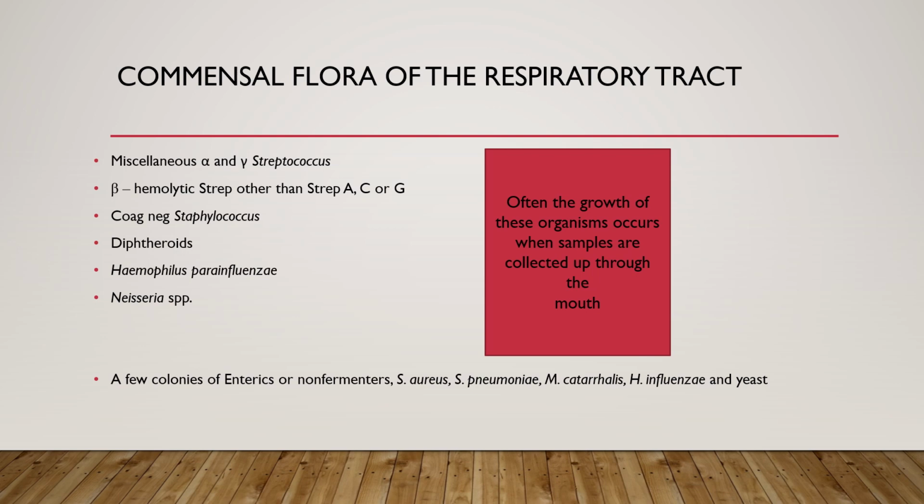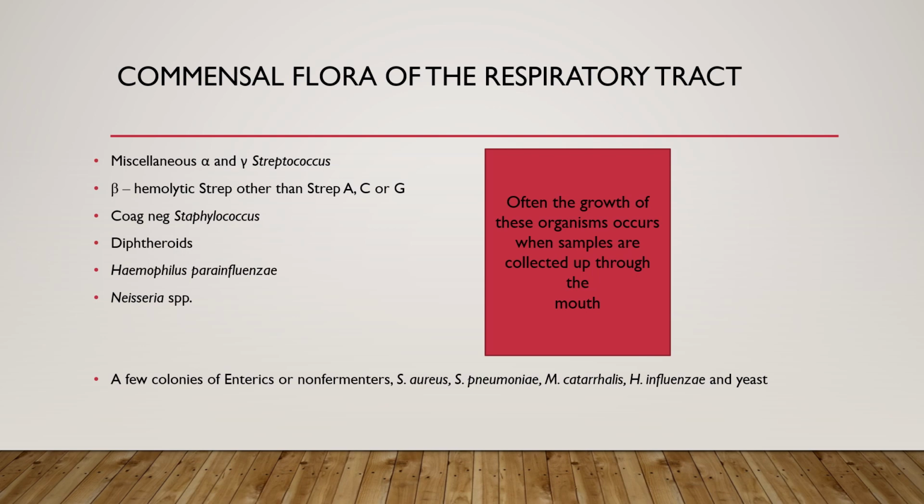But some of the commensal flora of the upper respiratory tract would be miscellaneous alpha and gamma streptococcus, not necessarily Streptococcus pneumoniae, but other alpha hemolytic streptococcus. Some of our beta hemolytic streps, not strep A, C, or G, those can all cause a sore throat. Coag negative staphylococcus, diphtheroids, which are the gram-positive rods, also known as Corynebacterium, and then Haemophilus parainfluenzae, and finally some of your Neisseria species, not gonorrhea, not meningitis, but other Neisseria species such as Neisseria lactamica and things like that,